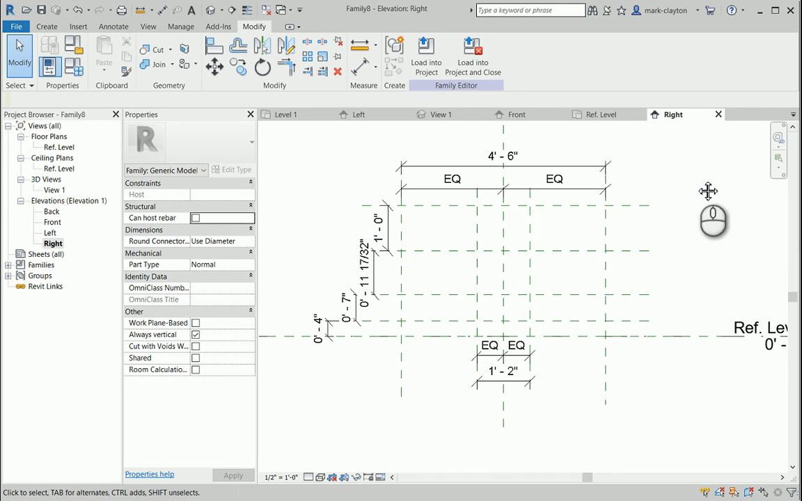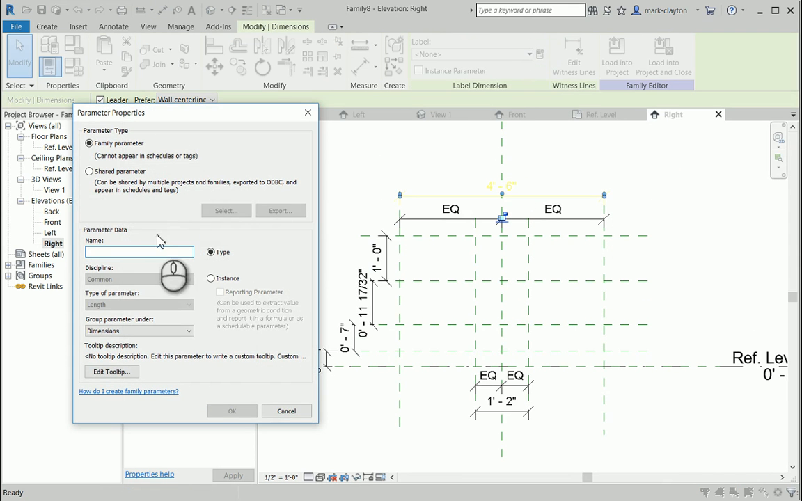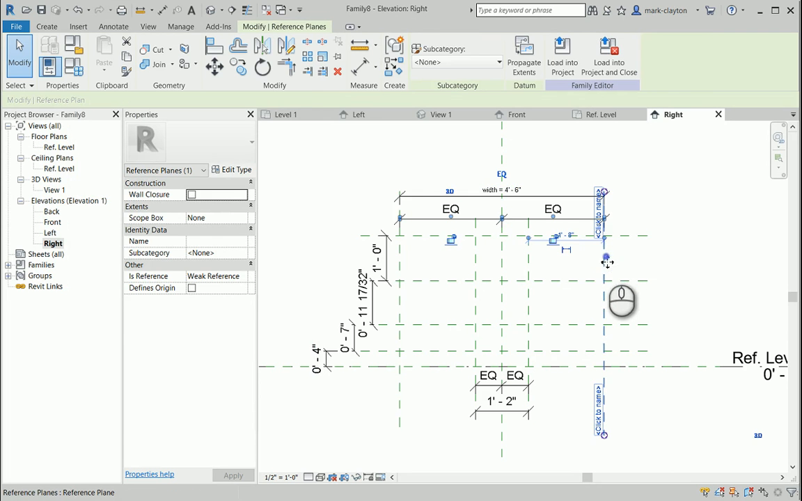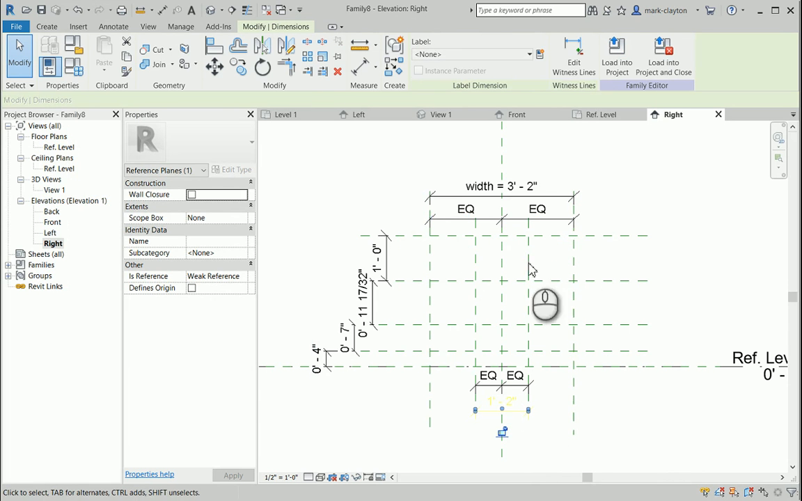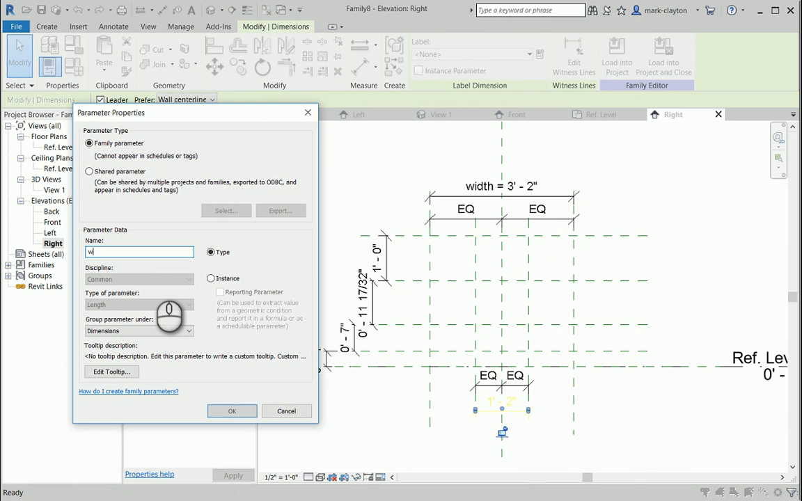So I'm going to click on this one, and I'm going to make that the width. And it's an instance. You'll notice it's a type of parameter, length, by automatically. So I've got this width, and if I move this edge along, you'll see that that width changes and it stays symmetrical. I can set this one to be the width of the web,